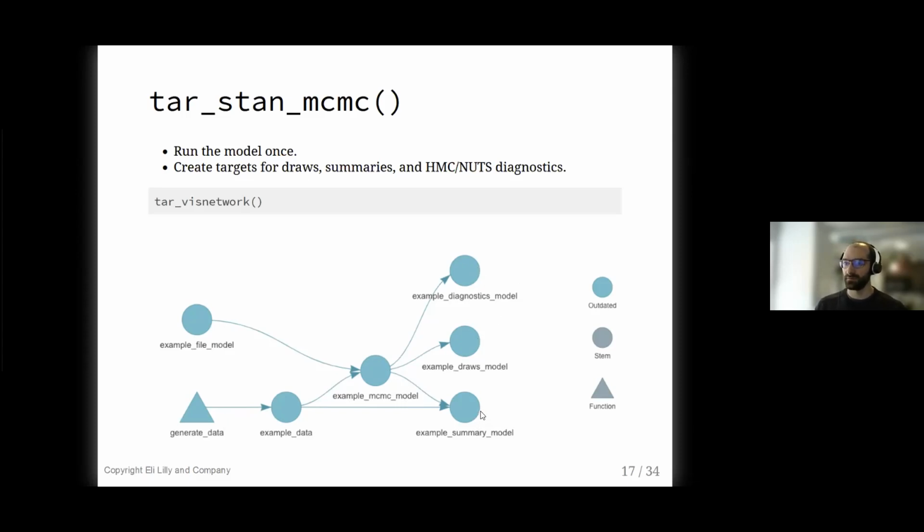Not only will you get posterior summaries, you'll get the actual draws, and you'll get HMC diagnostics as well. All this only requires you to write one function to simulate from the prior predictive distribution of that model, or to get the data set in some other way, depending on what you're doing. And this is often the most straightforward step in a workflow, and there's no custom code required for any of the other pieces. You just get a workflow for free.